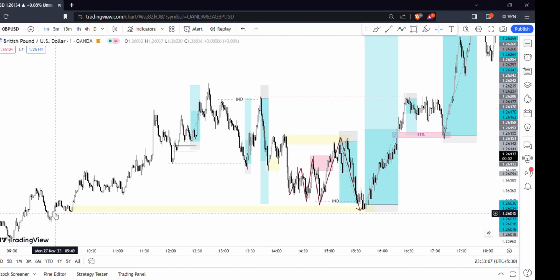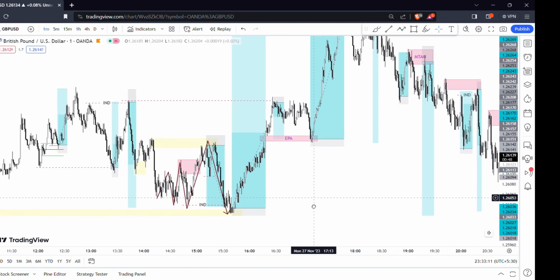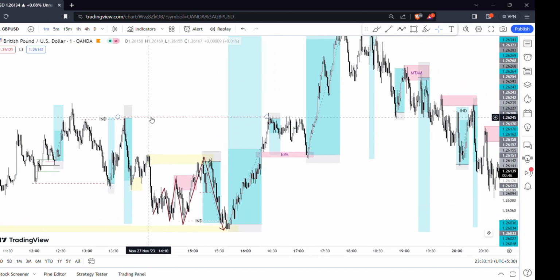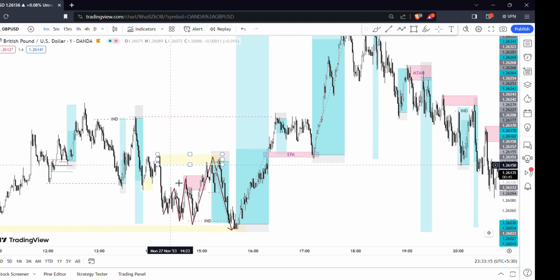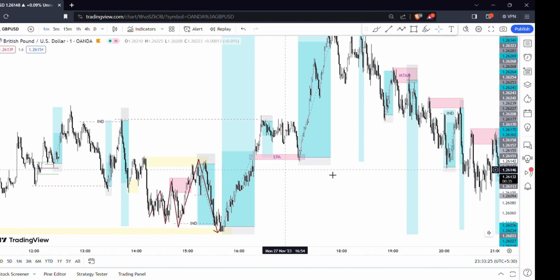Inducement, mitigation of a small order block, and I buy it here and target. My first target is this liquidity. If you go to the 5 minutes, this is your structural liquidity. So that's why I sold here and I targeted here at the nearest liquidity, because I know the market wants to continue upwards. That's why my target is safe.